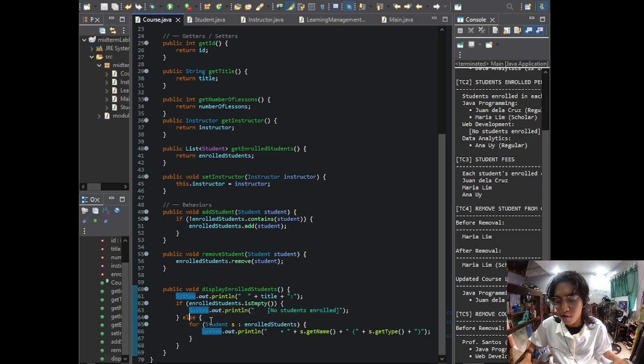Else, for each student s in enrolledStudents, System.out.println the name plus the type. This prints the course title followed by the name and type of every enrolled student. If no students are enrolled, it prints no students enrolled instead.